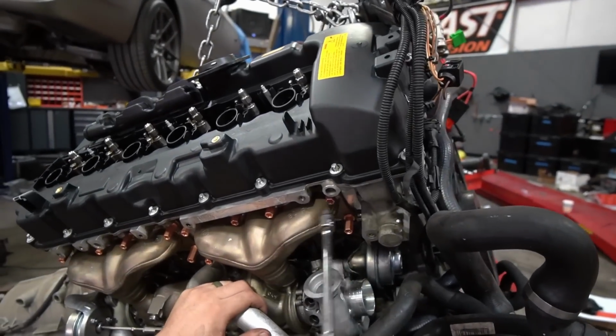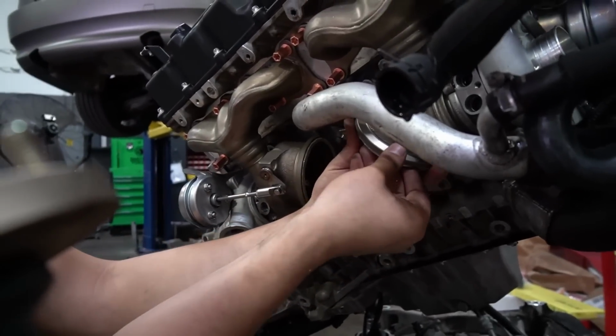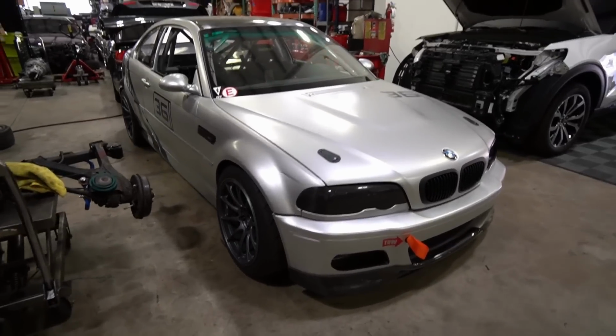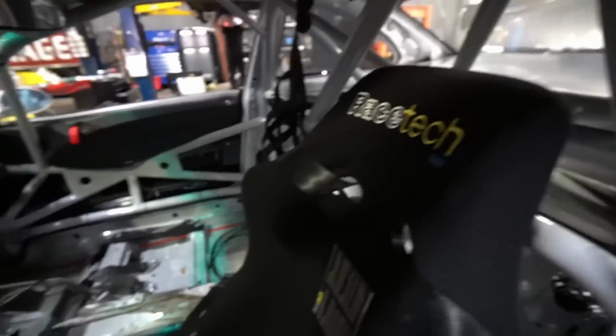They don't even argue back because that's the expert, they trust the expert. Guys, get a second opinion, go to a credible private shop that specializes in BMW, and I'm sure you're going to save a lot more money doing it that way. Like I said before, I take my car to PSI. Those guys are very knowledgeable and they tackle some very big projects there, and for that reason I trust them